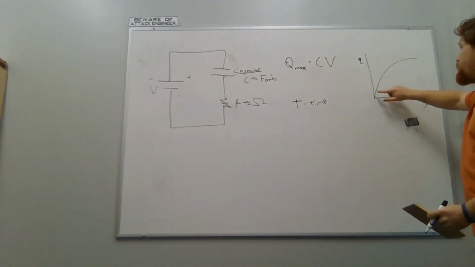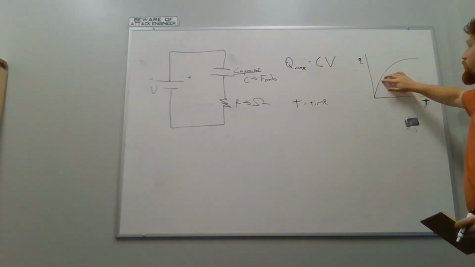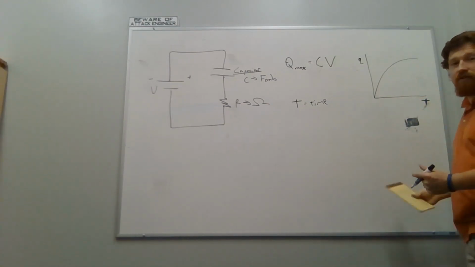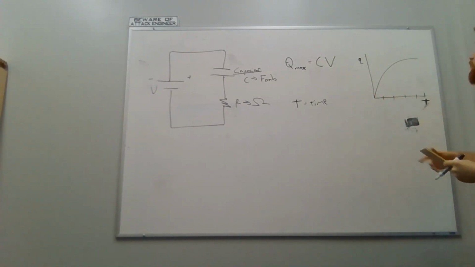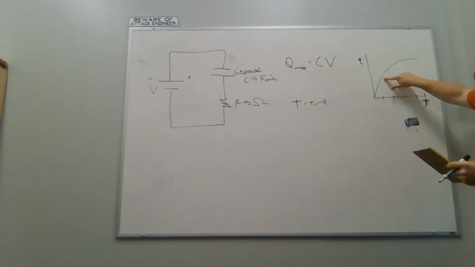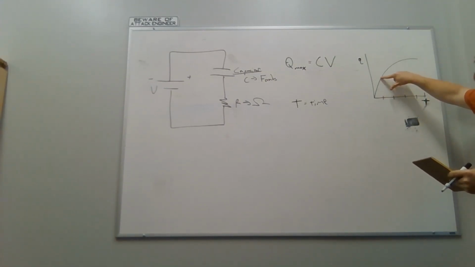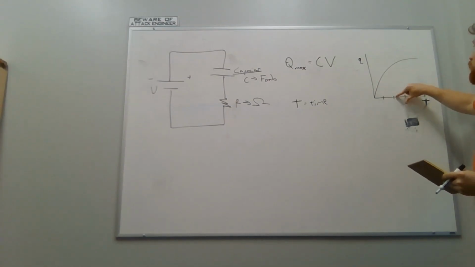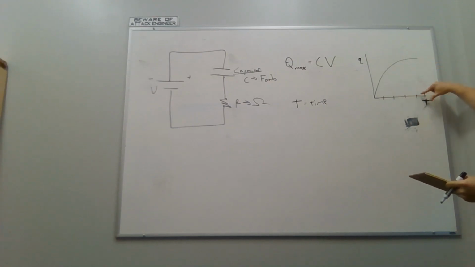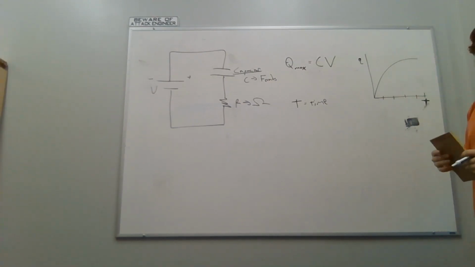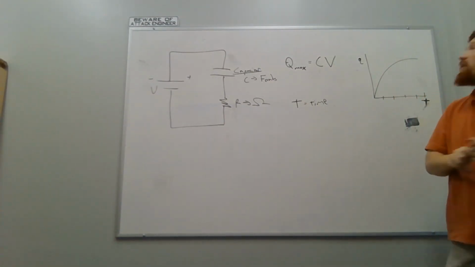All capacitors, when you first turn the circuit on, initially start charging up really quickly. So every single second or unit of time that is passing, initially you're building up a lot of charge in a short amount of time. Within a second, you're charged up to like 50%. Within 2 seconds, you're at like 60%. But then the increases become less and less and less as you start approaching and leveling off at